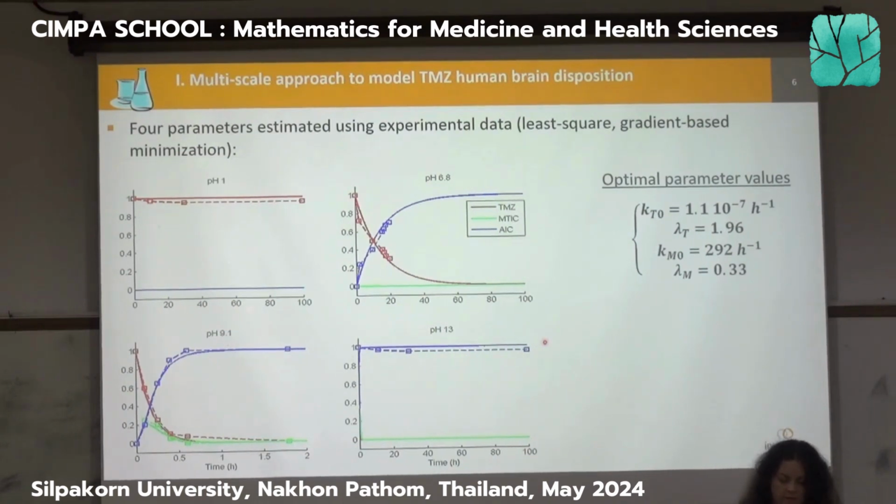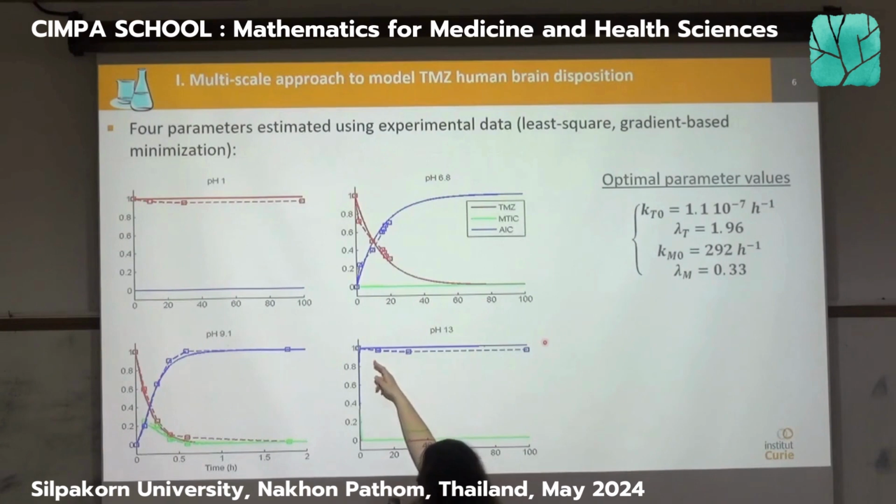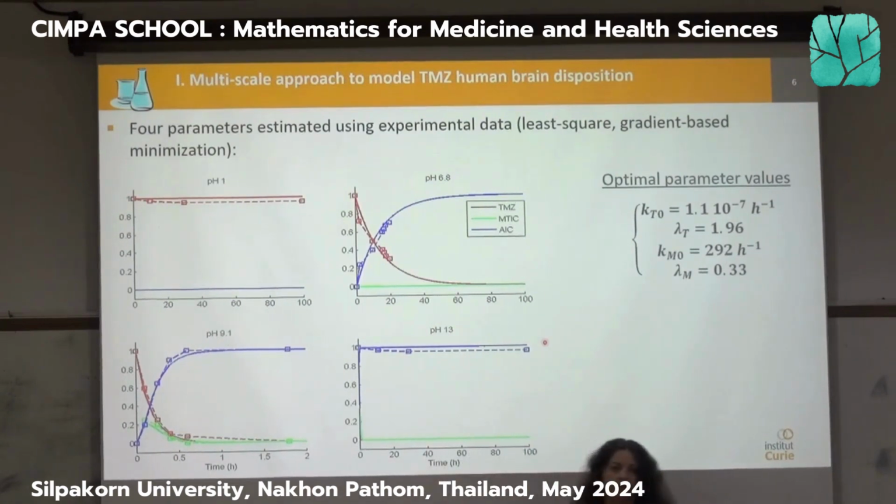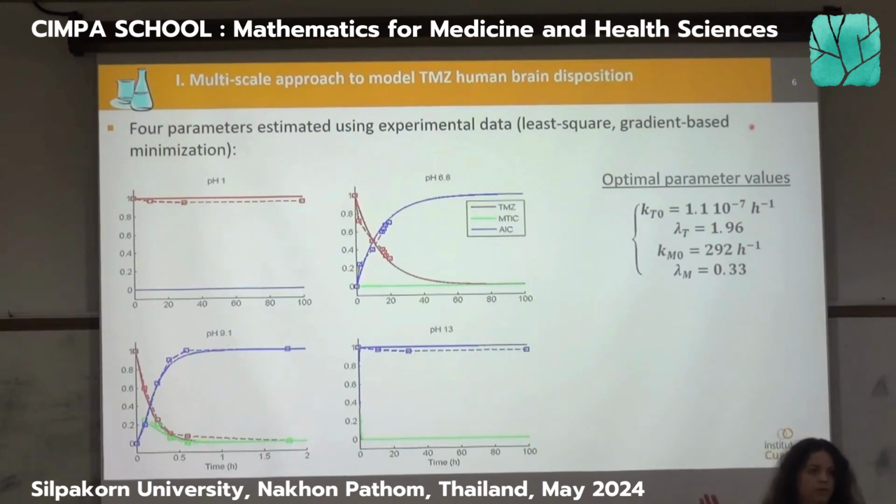So we have used the data points that you currently see here. We have run the mathematical model for four different simulations with four different values of the pH, and then we put everything in the cost function. We optimized that using, I think it was not the same as pattern-based minimization, because this is a quite simple optimization problem. And those are the values that we get for the estimation of the parameters.